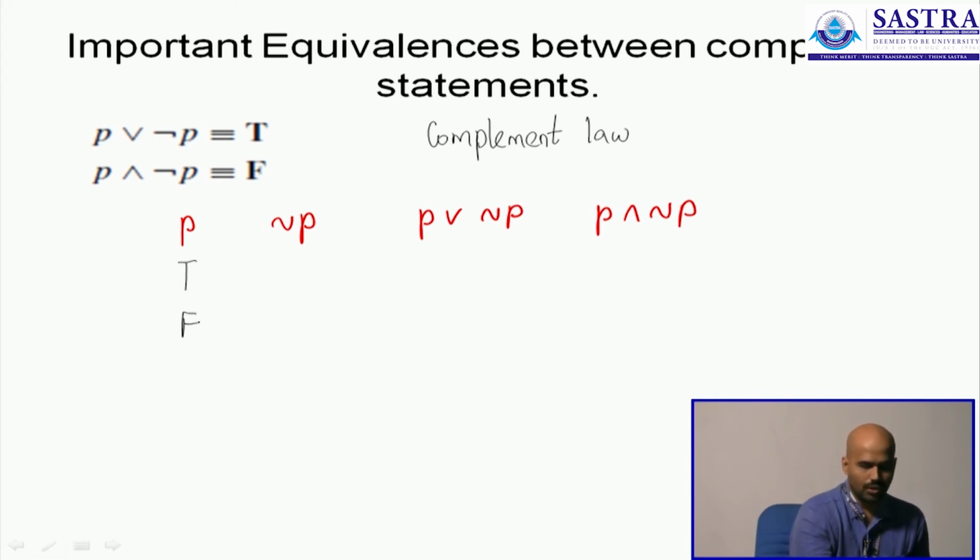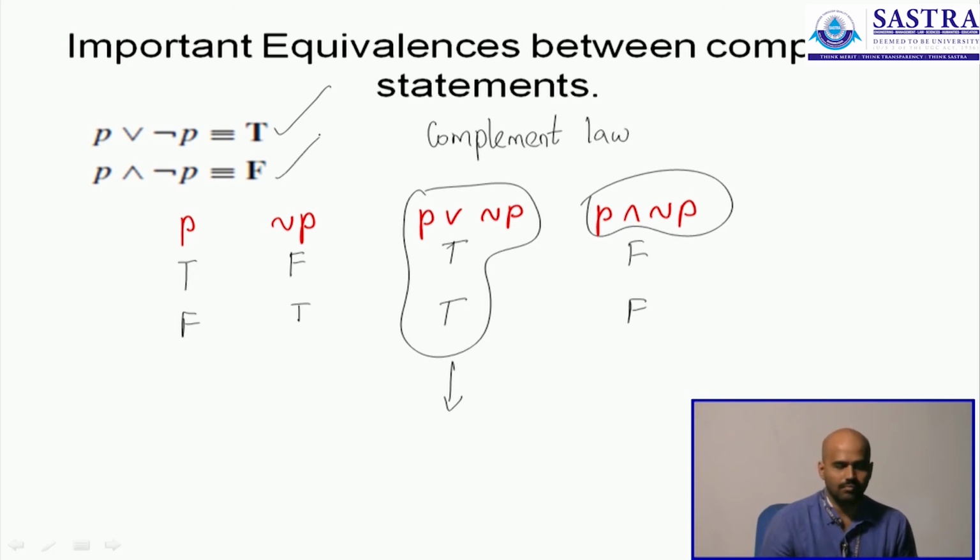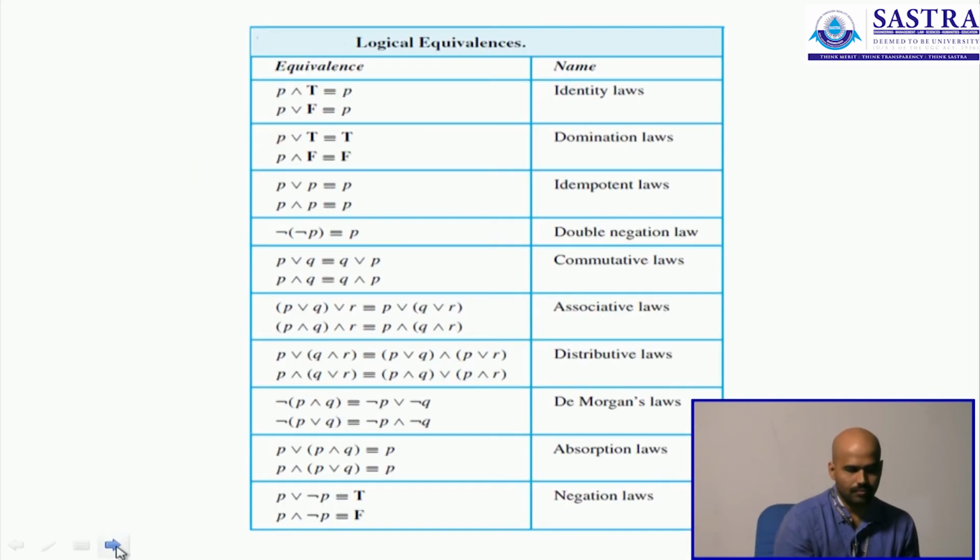True and false, only a couple of rows, false and true. A disjunction, you will get back true. So it's always true. The disjunction between a statement and its negated version is always true. That's what the first statement says. The second one, you do a conjunction between columns 1 and 2, and it's always false. So it says that it is always a false. So both are established equivalent statements between two compound statements.